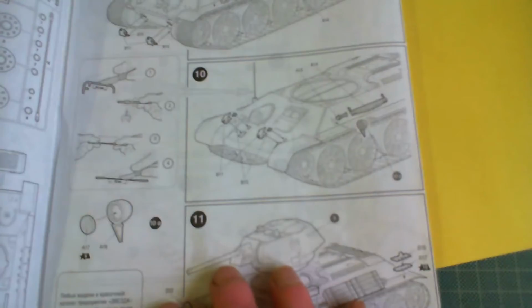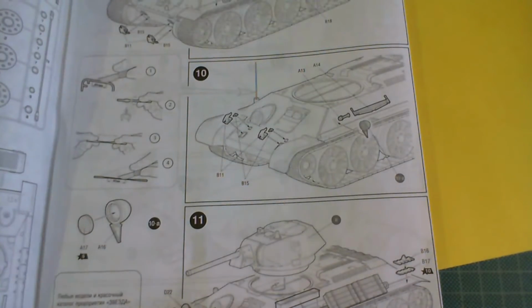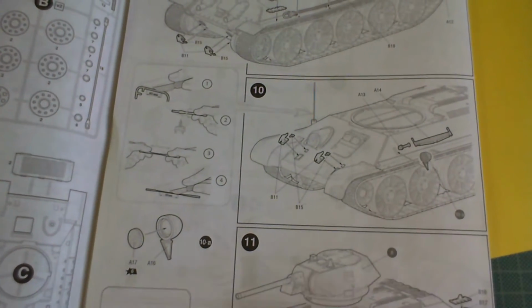Putting on the tow hitches or tow rope, some spare tracks, boxes, things like that. The aerial tells us here about stretch sprue for the aerial. I don't use the stretch